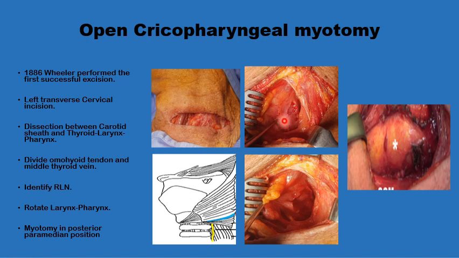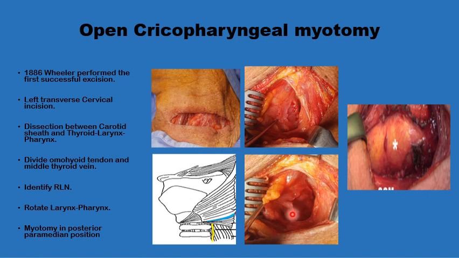In this gutter, the dissection proceeds until the prevertebral fascia are reached. This area is crossed by two structures, the omohyoid muscle, and this should be divided at its intermediate tendon, and the middle thyroid vein. This should also be identified, ligated, and divided. And once this is done, the larynx can be rotated anteriorly to expose the back of the pharynx and identify